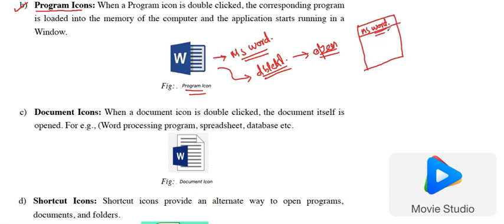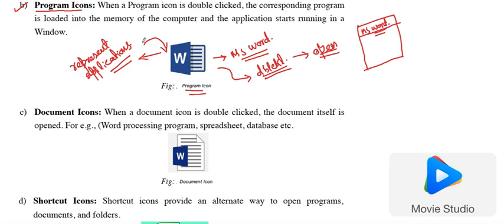Program icons are representations of computer programs or computer applications. These are GUI elements which show us that if we double click on this icon, it will open the concerned application.